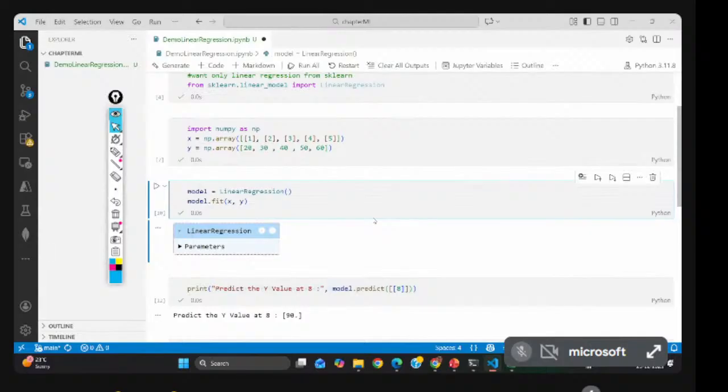Now you will get the output. What output? How can I do